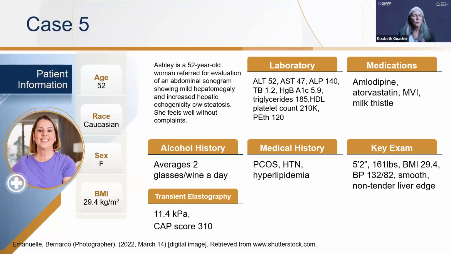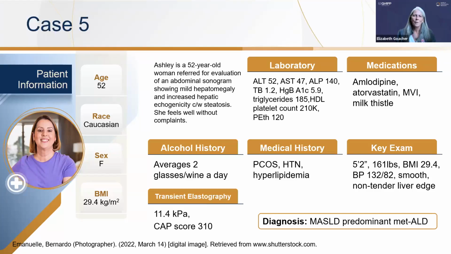In this patient, actually, we know she has a KPA that's elevated. She has steatosis on her CAP score with a CAP score of 310. She's got elements that put her at risk for metabolic dysfunction. So to go ahead and call her MASLD predominant, MetALD, is quite reasonable based upon her self-reported alcohol consumption being on the lower end of the spectrum when it comes to the diagnostic criteria. If we had a tool, her PEth testing with that as well. And so does PEth testing help her, perhaps? Is it something you need in this situation?